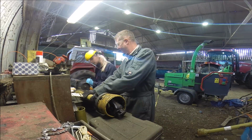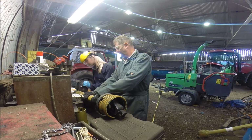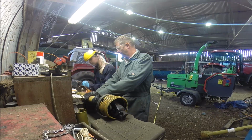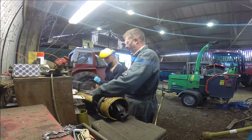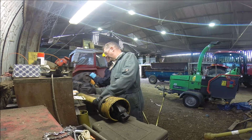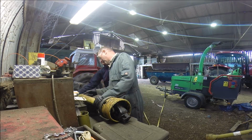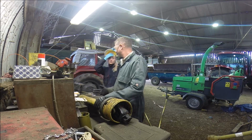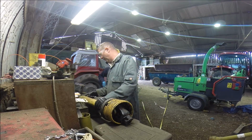Just straight on. You're going at an angle like that. Okay, if you look at the angle, you're going at an angle like that. I can't see it because of the guard. Okay, well, you've got a full face guard, so you're probably okay to look over the top, but you need